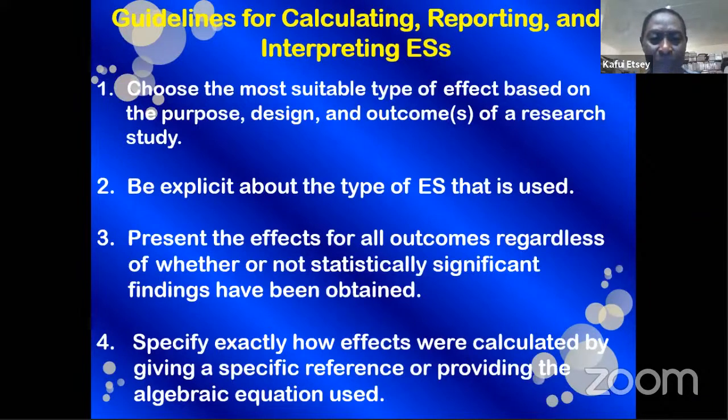Then fourthly, specify exactly how the effects were calculated by giving a specific reference or providing the algebraic equation that you have used. Some journals will specifically basically ask you, which formula have you used? So even if you say that you obtained it from a software that you have used. So look at what journals often